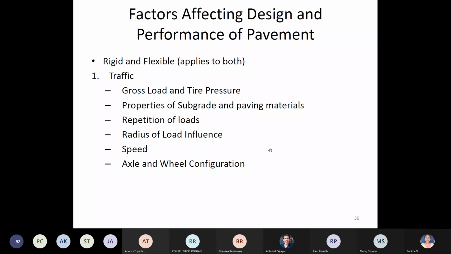So how to construct? Now you might have seen the paver. Different equipment is used for this, and all this you can see in pavement construction in detail. So next class what I am going to teach is pavement materials. You have the subgrade, but subgrade won't be dealt with in detail because you will be studying it in geotechnical engineering. What are the properties of soil? Even for road construction you should have the properties.